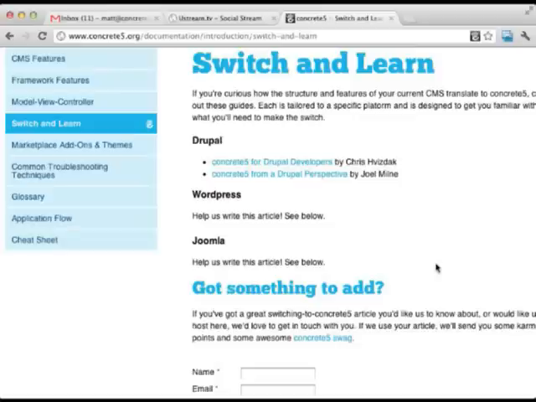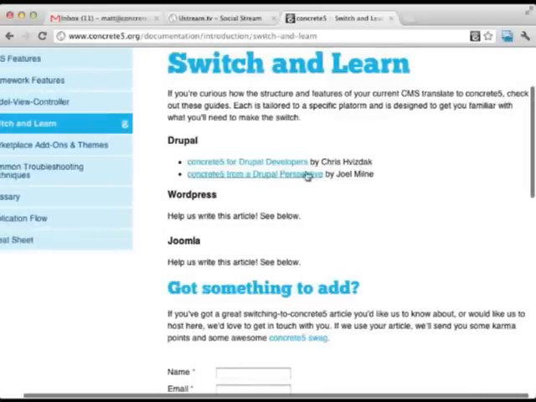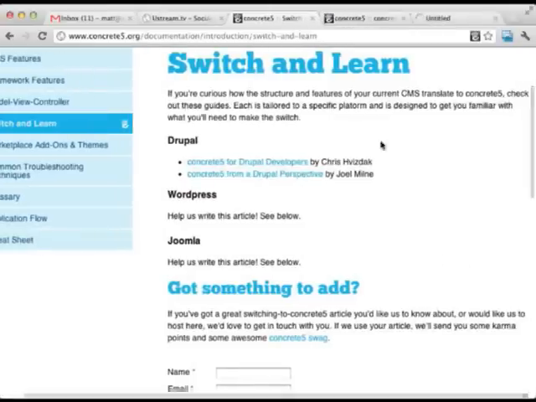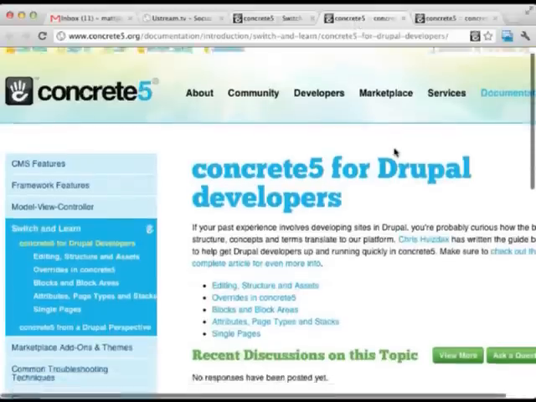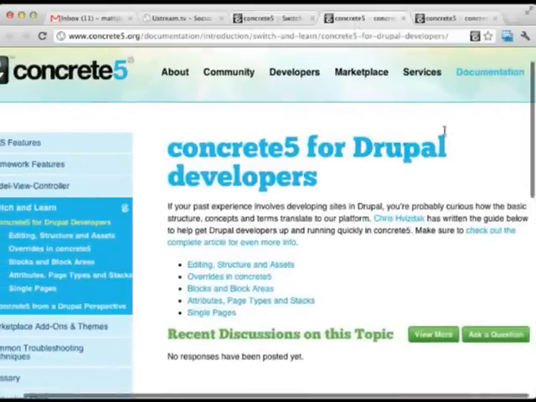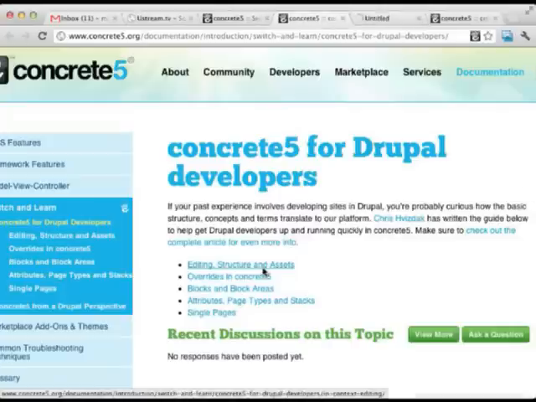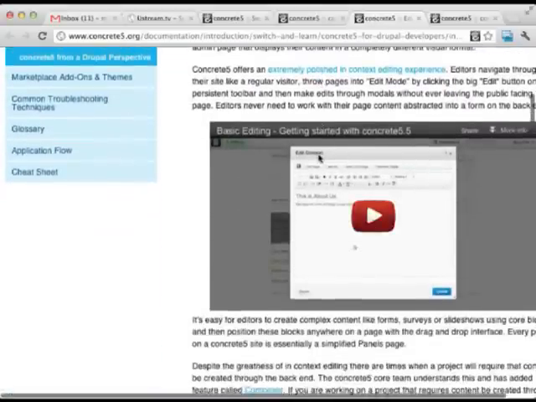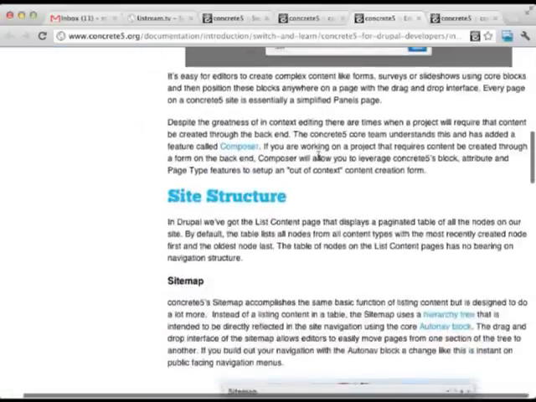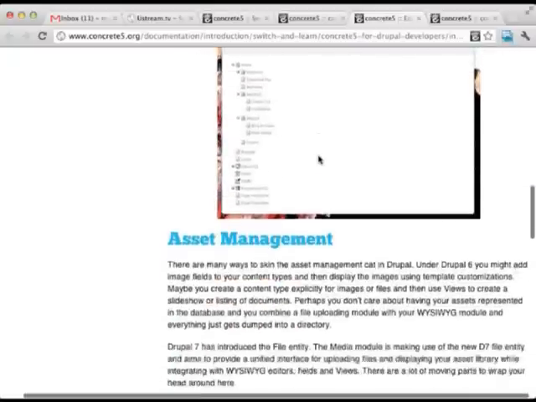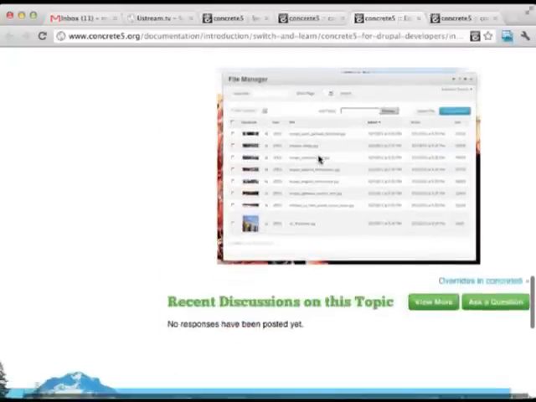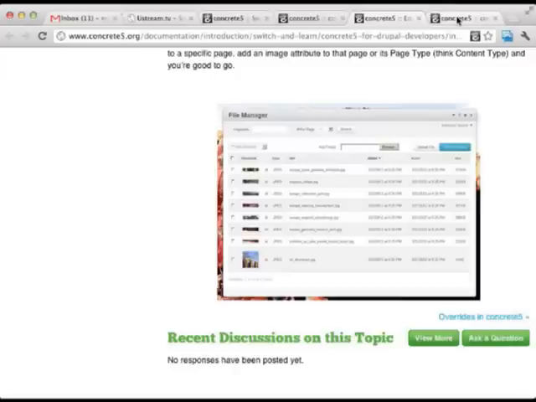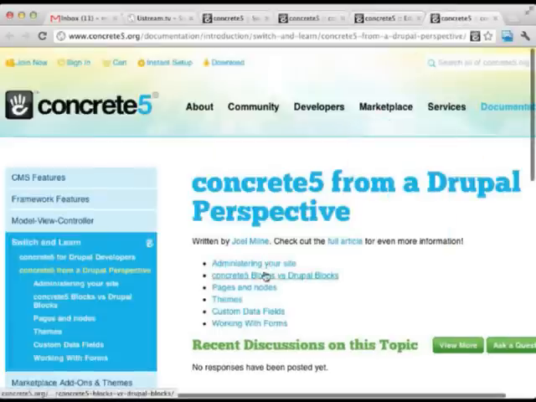So we've had that. We've had two separate people step forward and write rather detailed and thoughtful intros to concrete5 for Drupal developers. They've posted those to their own blogs, which we are very excited about and strongly encourage. It's good to have content across the web. But we've also repurposed that stuff into sets of pages here on our site and made it pretty with our content here and added our little discussion stuff to it. And this should be super handy.